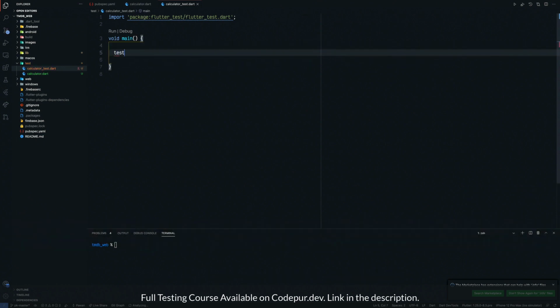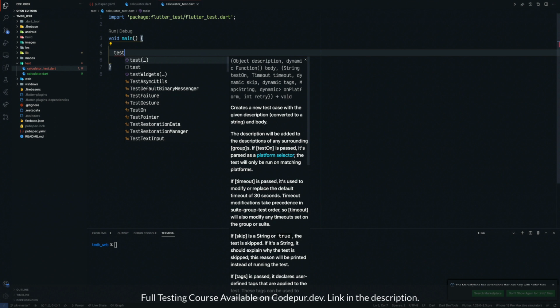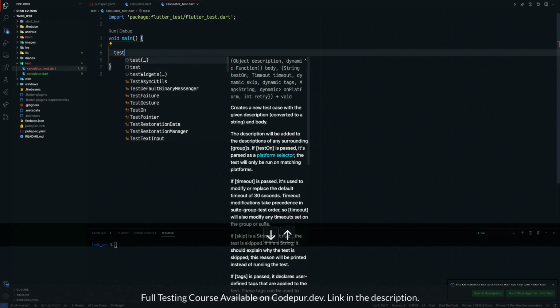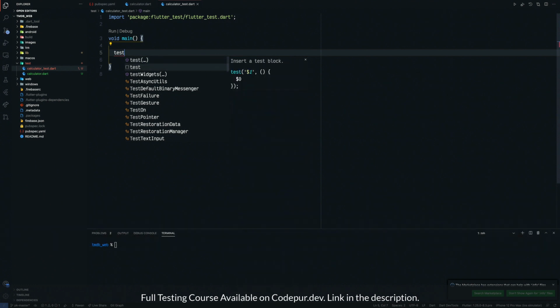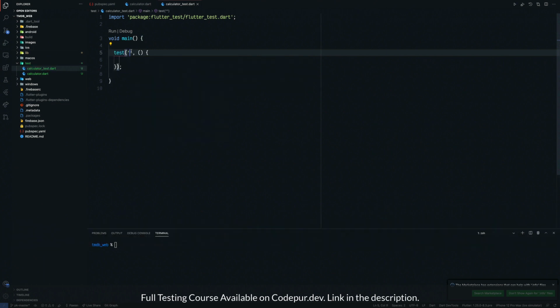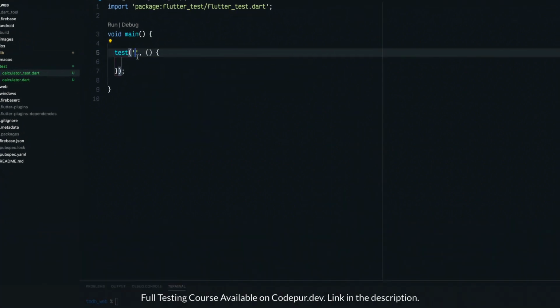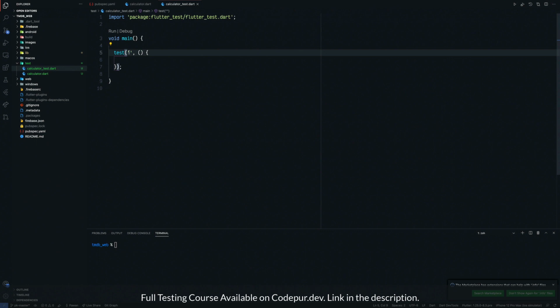Test is basically a method which we can use, and if you're using Flutter snippets in VS Code, then you can also get this snippet, which is very good. It gives you a place to put your description, then a callback to perform your testing. So here I can say what I want to test, for example the addition of my calculator.